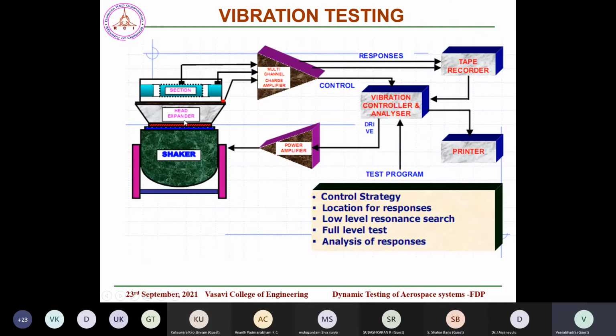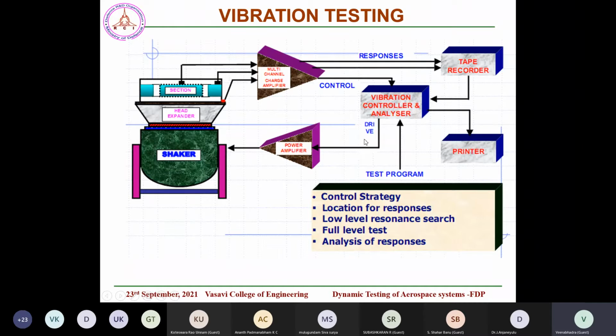A typical vibration testing philosophy I am highlighting here: a shaker and some associated fixtures, and the unit which is going to be tested is sitting here. And I was referring to the power amplifier, that is this system, and the controller. Initially, a test specification is given to the vibration controller. We feed it and that spectrum is generated and sent to the amplifier in the form of what is called drive.